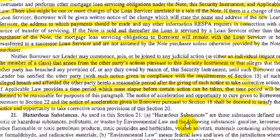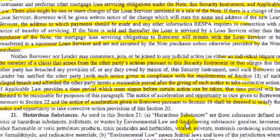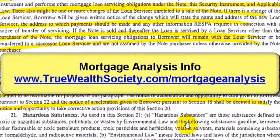And so that's some of the things that we do on the private side as well, getting remedies and so forth. Another thing that you may want to entertain is to have a complete mortgage analysis done for you. If you don't have the time, you're not really knowledgeable enough to really see what's taking place and how you may have been injured, damaged, or had fraud perpetuated against you,